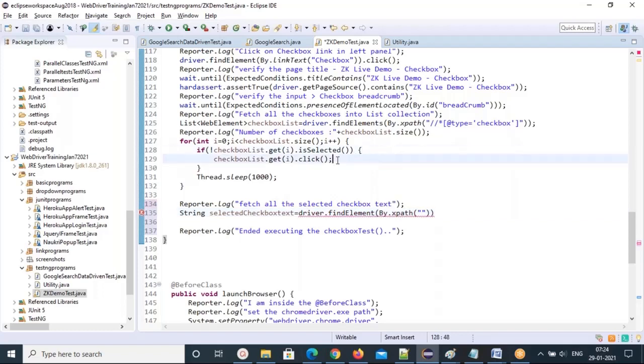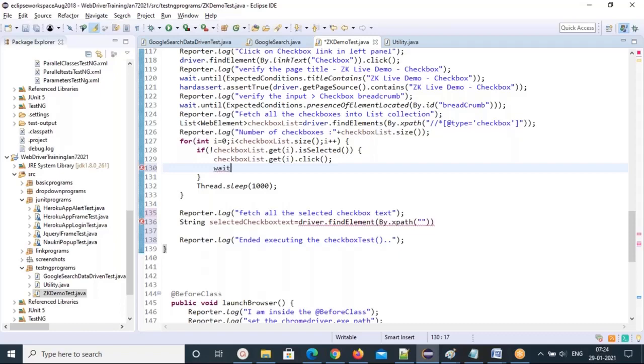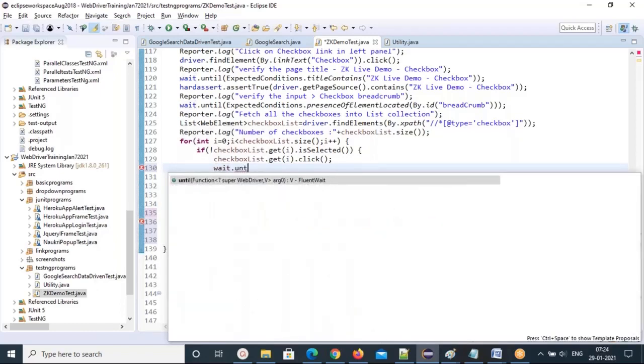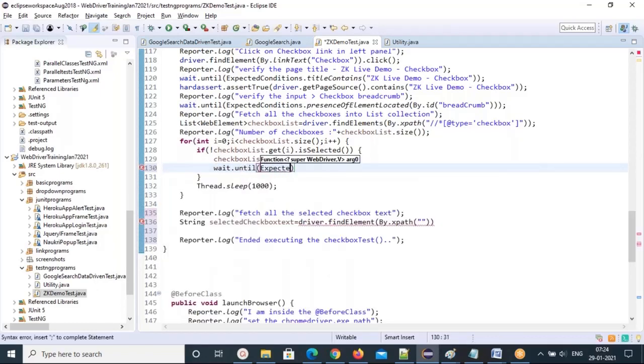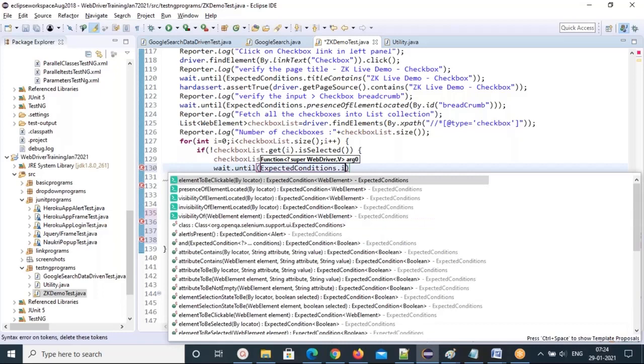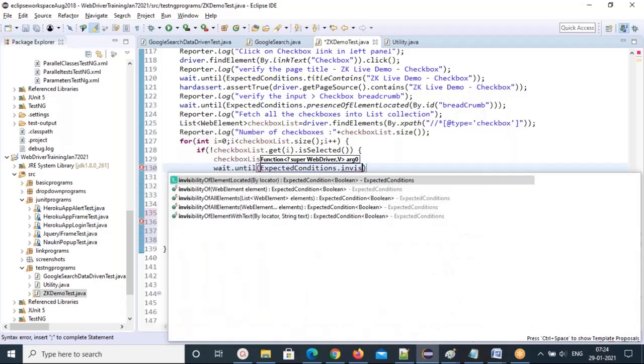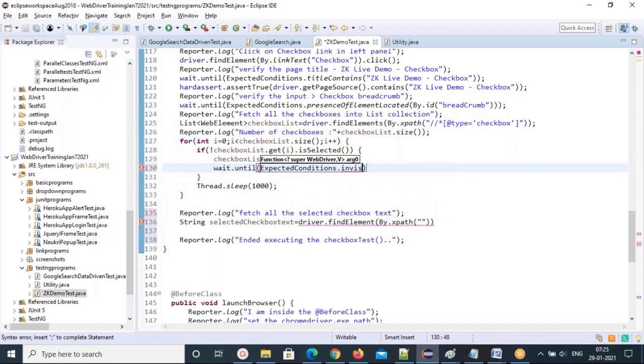So after this, I need to wait. So wait dot until expected conditions dot invisibility of element located. I'm waiting for the invisibility of that element. For the class name, just give the class value.